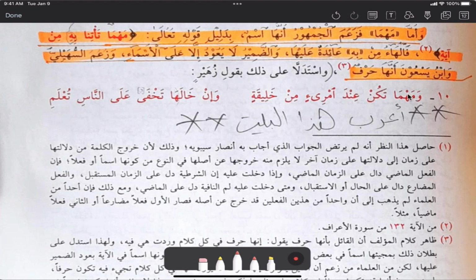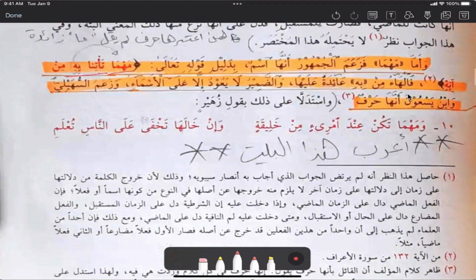Whatever sign you bring to us, mahma, whatever, ta'tina, you come to us with it, bihi, with it. Whatever you come to us with, ayah, of a sign, yani any miracle that you do, any sign that you bring, they said, it's magic. To us, it's nothing but sorcery. فَالْهَاءُ مِنْ بِهِ عَائِدَةٌ عَلَيْهَا. The proof in the ayah for them that mahma is a nominal is that